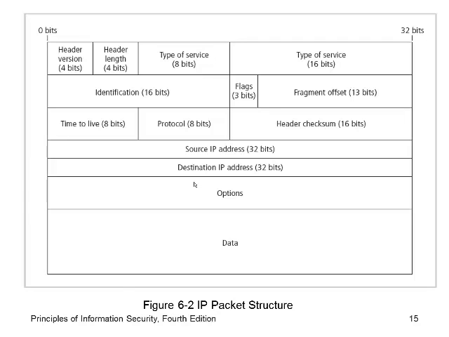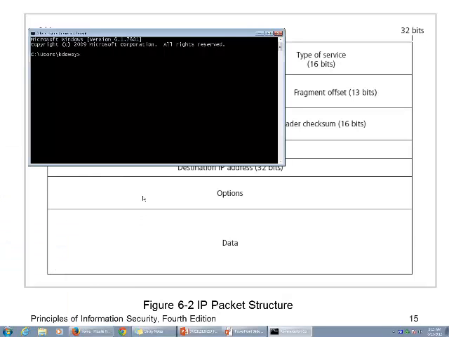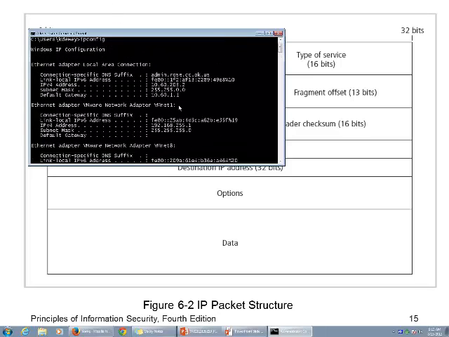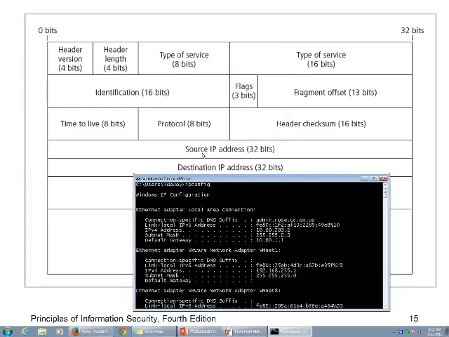Let me show you what an address looks like. Some of you might not have ever seen one before. Okay, I'm on my machine here. I'm going to do ipconfig. Okay, got a bunch of different connections here. Now, we're talking about source and destination address. My address is this right here, 10.60.203.2. Now, I also have an IPv6 address, which I don't know why it's enabled because we don't use it, but we have one. Okay, so this is my address.